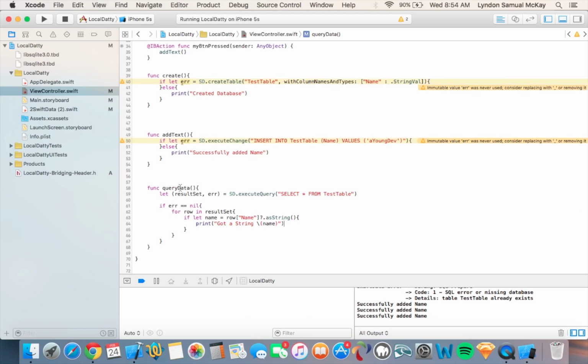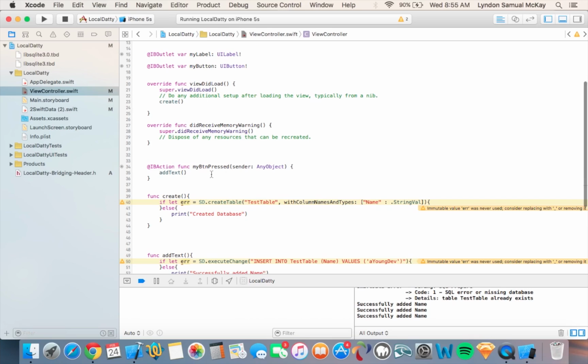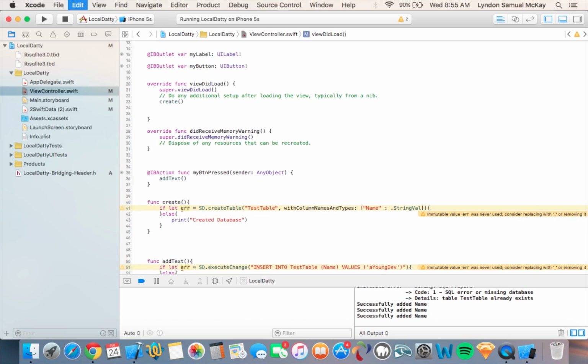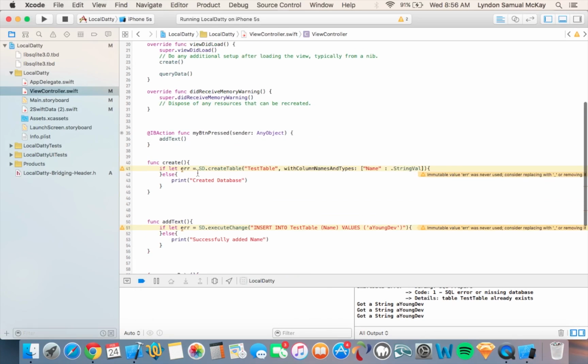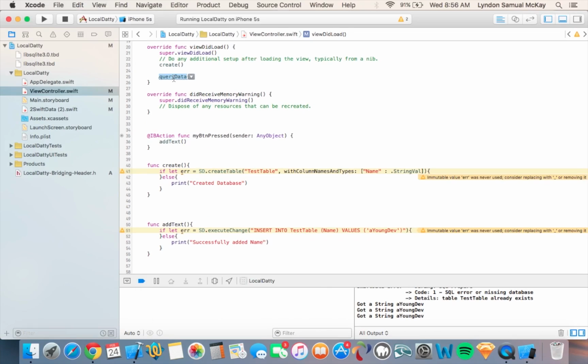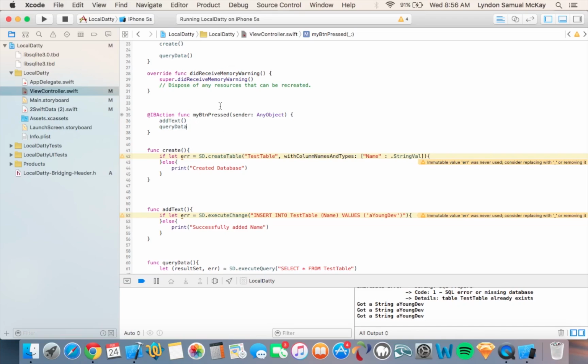So now we have that going on. We are just going to test it out really fast, and we are going to put that in the viewDidLoad as well, and then we are going to test that out. So it looks like we got a string, and yeah, so it's working. So now we are going to take you and put you inside of the button function here,